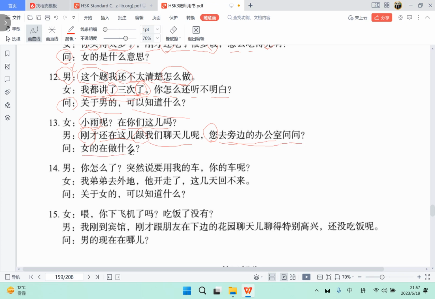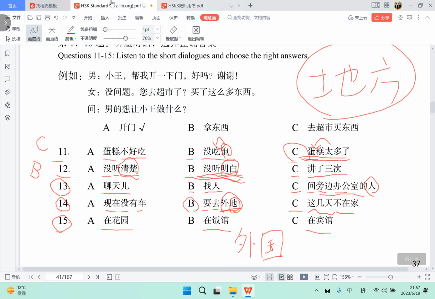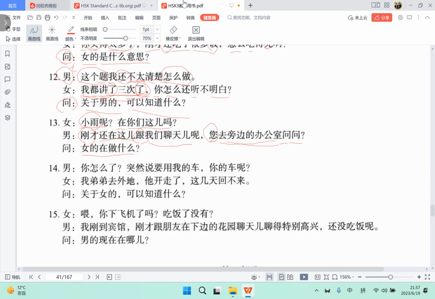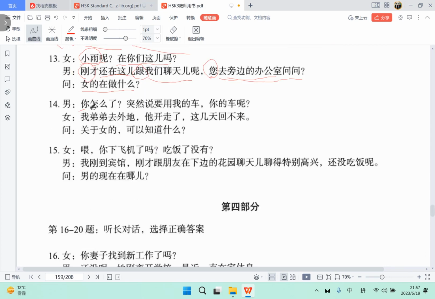女的在做什么 So what is she doing? What is the female doing? She's looking for someone, right? So 找人 So we choose B at here. So 找人 Okay, number 14, 第14题。